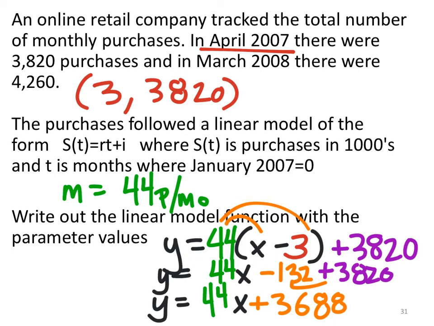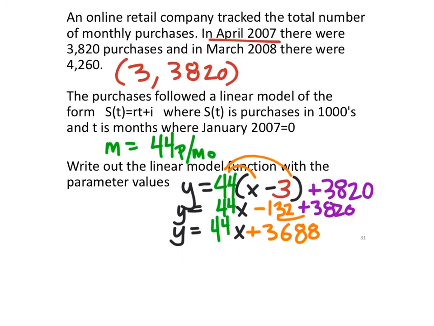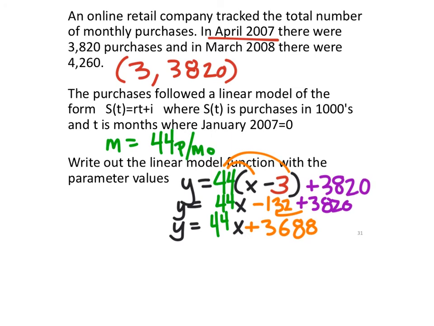Well, that's a pretty good function right there, actually. And we feel pretty good about that function. The problem with this is it says that it wants the purchases in thousands. So I'll get rid of that calculator. It wants the purchases in thousands. Oh, that stinks. So what this means is that we need to write this function, S of t,